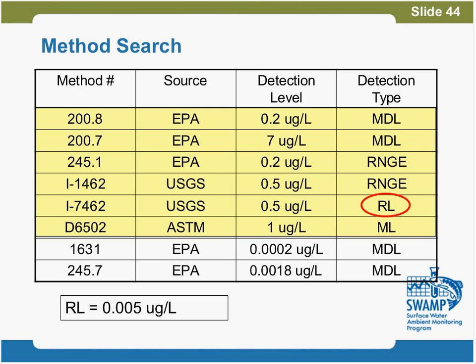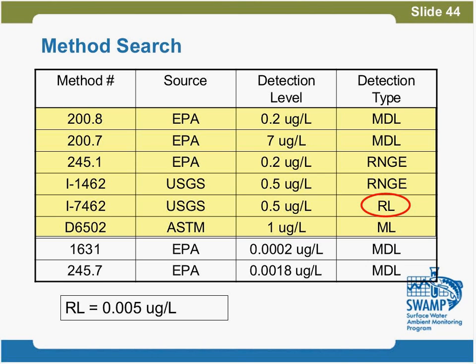Let's look at this one. This method says that the detect type is RL, which we know means reporting limit. Well, how are they defining reporting limit for the method? Are they defining it as the lowest level standard run on the curve, which is what I'm guessing it probably is? Because we're determining the reporting limit, right? Isn't that determined by the data user? And no definition on the NEMI website,